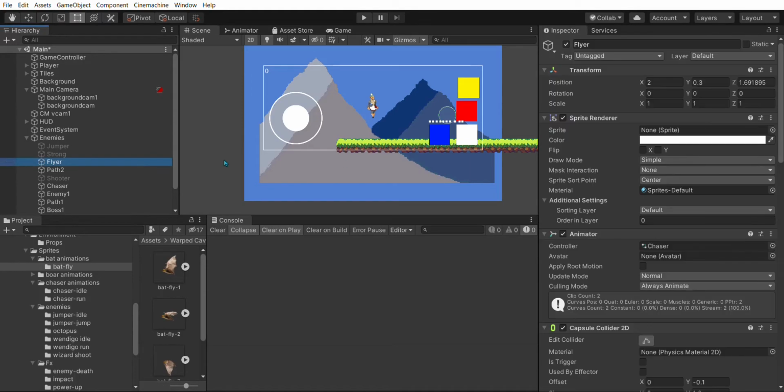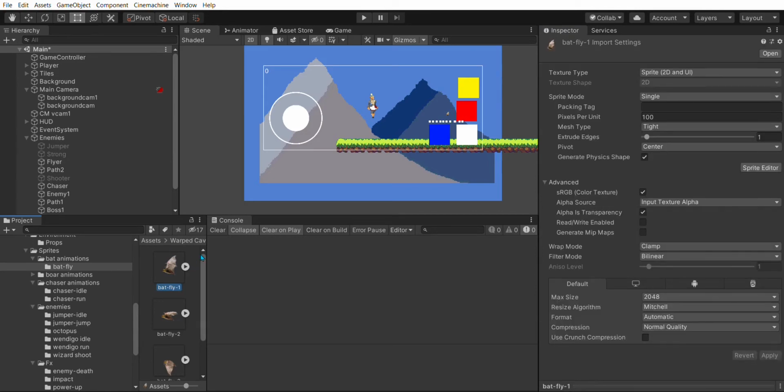So we're going to go to our fire enemy. We're going to just move one of those animations into there, just so that it appears. And as you can see, it's a lot smaller than what it should be. So we're going to go back to our bat animation. And in my particular game, I'm going to go 16